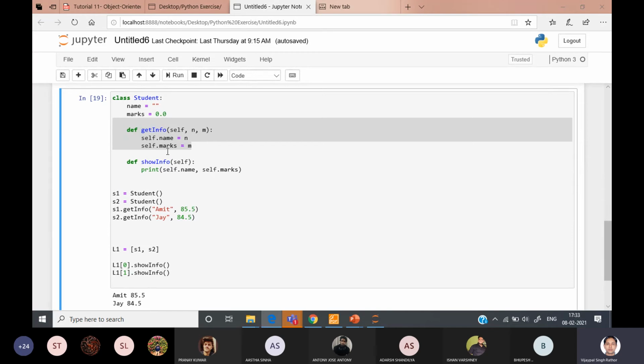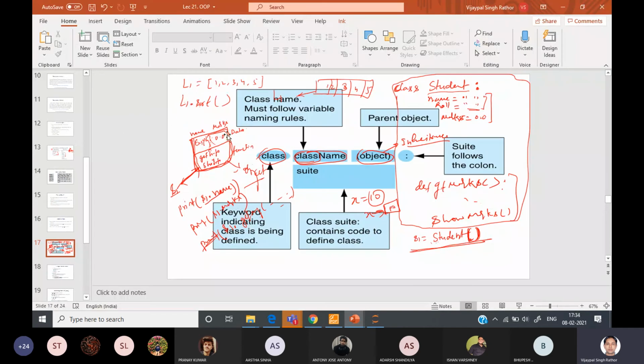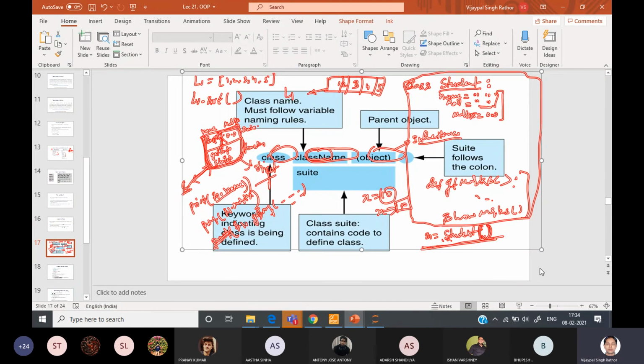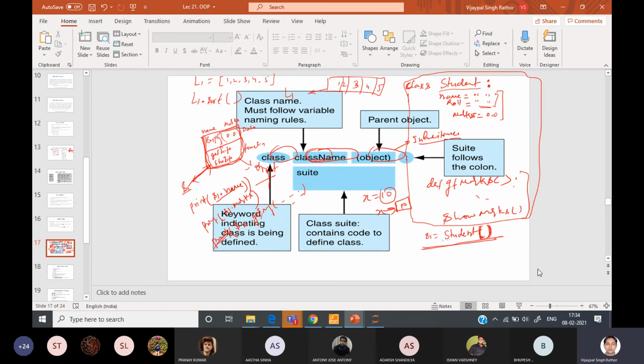But object oriented programming suggests sometimes these members will not be accessible outside the class, or the members of the class can only be accessed by the members of the class. It means whatever the data members are there, these data members can only be accessible through the functions of the class. These data members cannot be accessed directly with the instance of the class. So this is a basic rule of object oriented programming that we will see later.